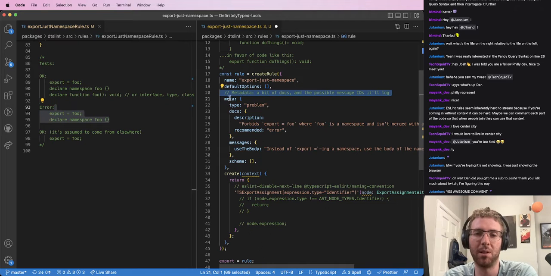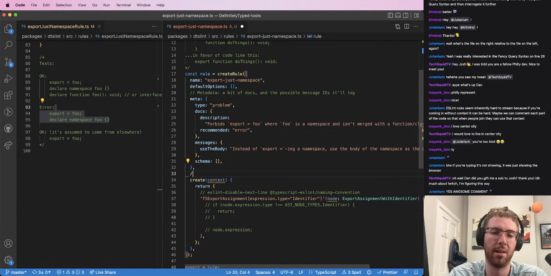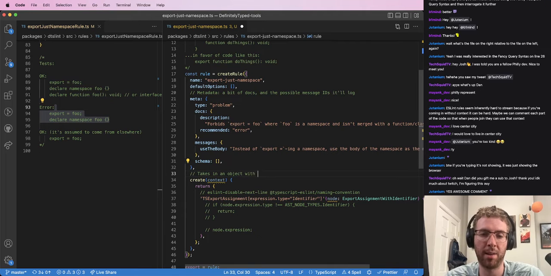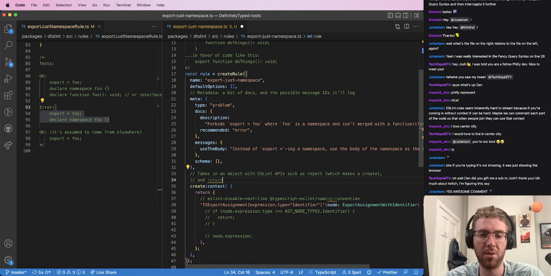Two main parts of the rule are metadata and create. Metadata is like, what is the rule? What are the messages it'll complain with? And then create takes in an object with ESLint APIs such as report,